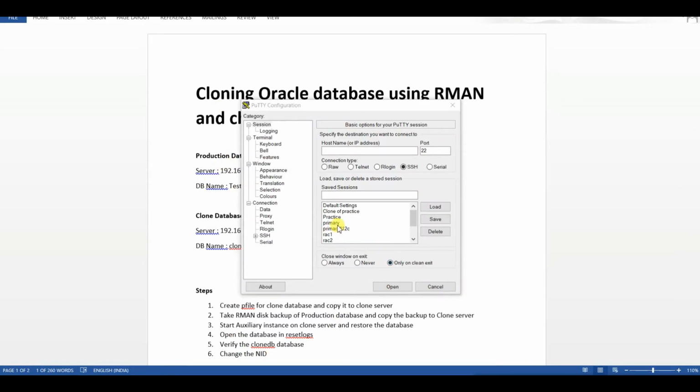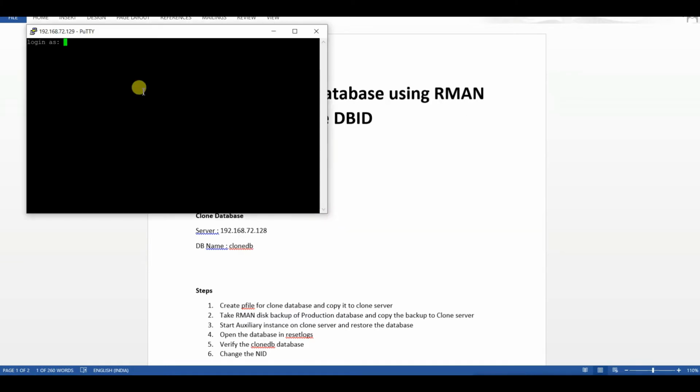Let us first log into our production database. Set the environment file.